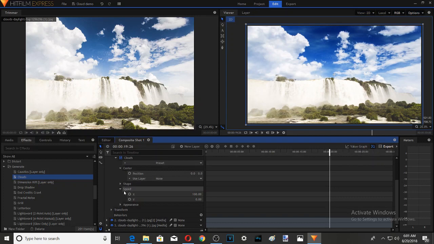So then we have the ability to change the speed of the clouds. The clouds seem to be moving a little too fast. And this gives you the control of X direction, so basically left to right on the screen, and Y is up and down. So in my example, I actually want to have these kind of go at an angle instead of left to right, and I want to slow them down a little. So I'm going to make this 50, and I'm going to change